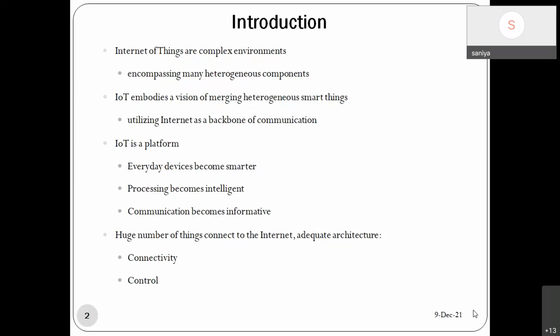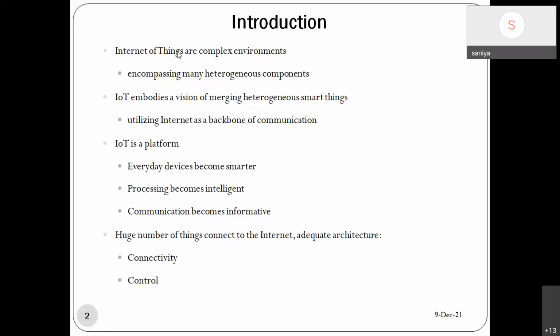Now, IoT embodies a vision of merging these heterogeneous devices, and they utilize the internet. As you can see, the first term is internet. So the internet is used as a backbone of communication to connect these things, and these things are heterogeneous. So IoT is a